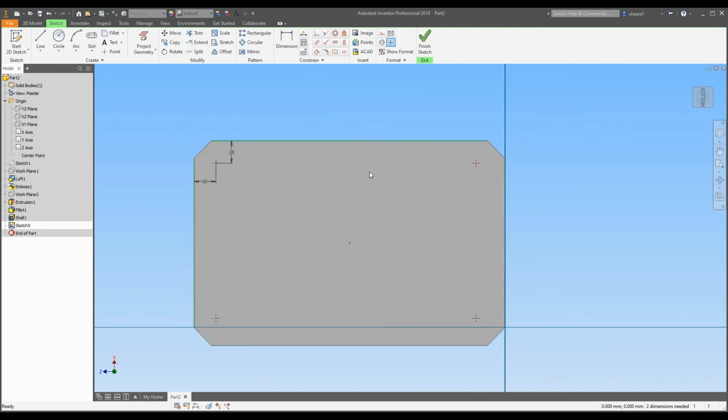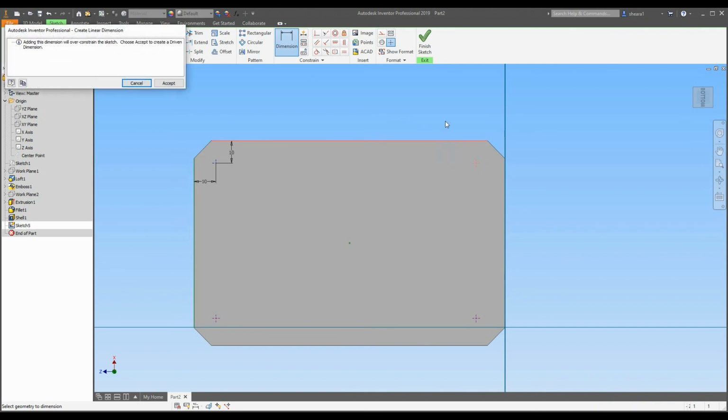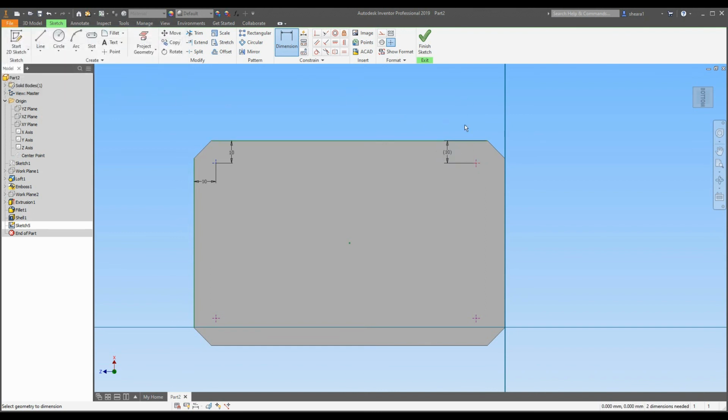Now there's a few different ways you could make this sort of symmetrical approach. You could always use the mirroring tool in your sketch. You could have an axis down here, an axis going across, and then you could just mirror this point onto all the other corners here. But in this case, I want to show you a bit about driven dimensions. And what a driven dimension is basically, I'm going to create a dimension here. I'm going to put it out, click accept. Now, when we go to actually edit this dimension,